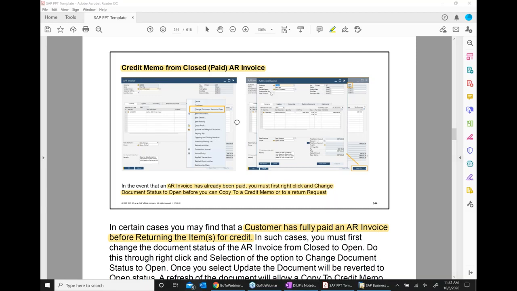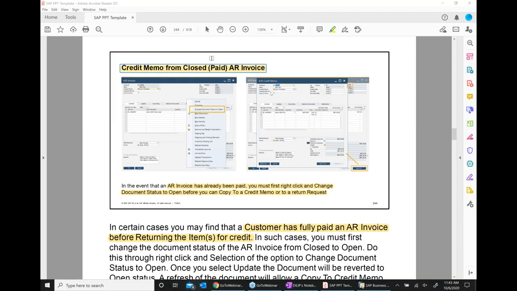Okay, so now this scenario is called a credit memo from the closed and paid invoice.